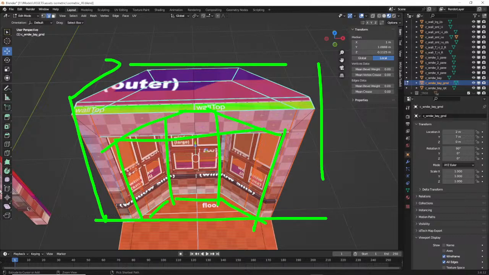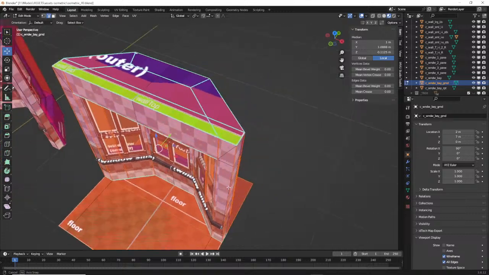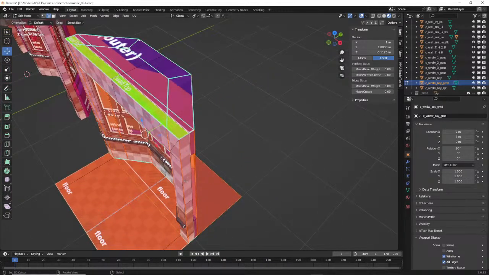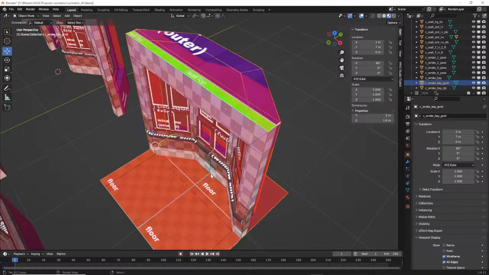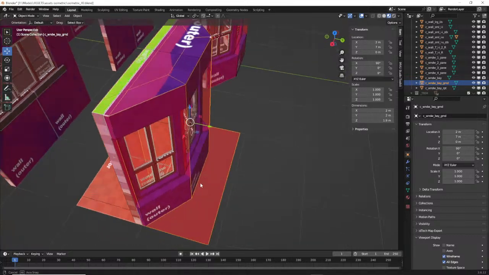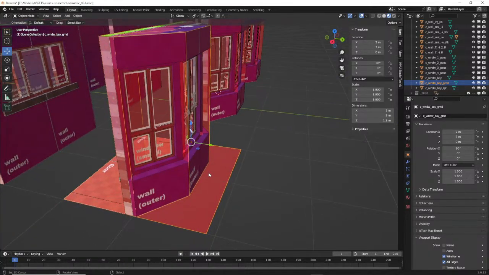Doing it with meshes is tricky in so much as you can't guarantee the behavior of the engine or the technology that the assets will be used in. So if as an asset creator, if you're making an asset pack,